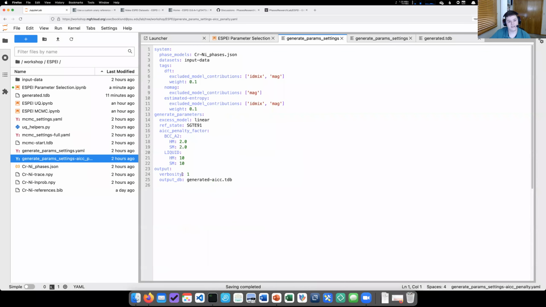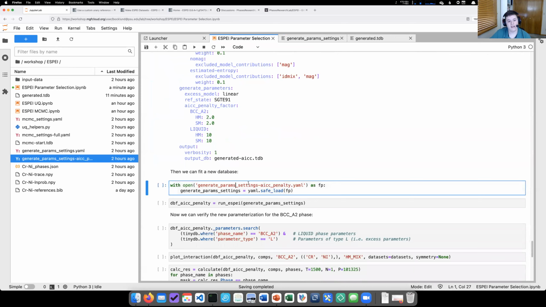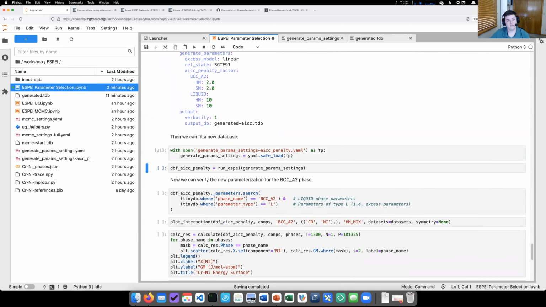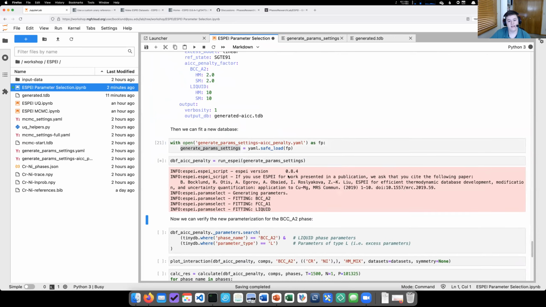And so you'll see that all the parameters are the same. And so all we've done from the last time is just add this AICC penalty factor. And then we can load that YAML file into a dictionary, and then run ESPEI again, now with these